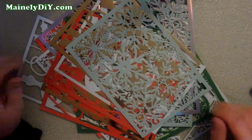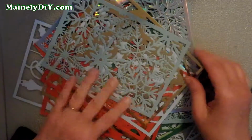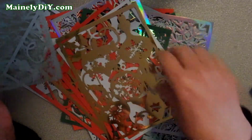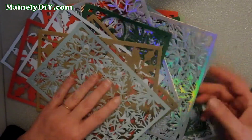Okay, I purchased a bunch of die cuts, and I'm going to show you some ways to use some. And I'm going to play with, let's see, there's snowflakes and ornaments, and they came in different colors. I might have more than one set here, but